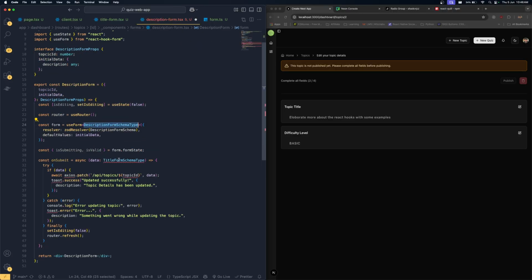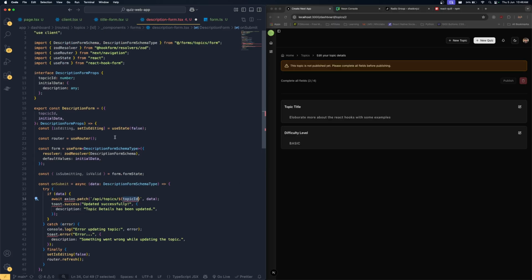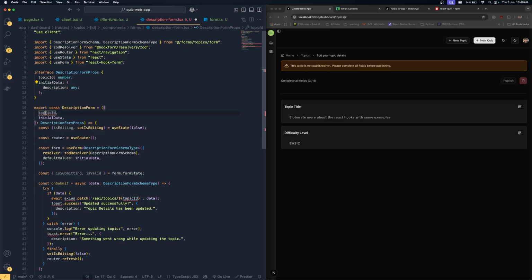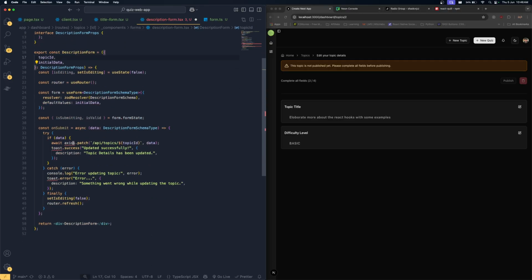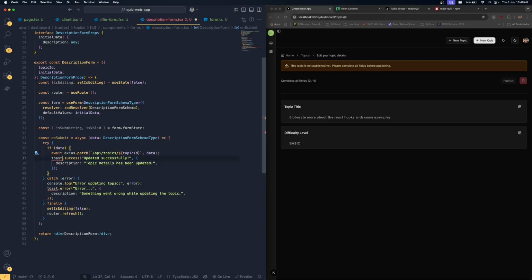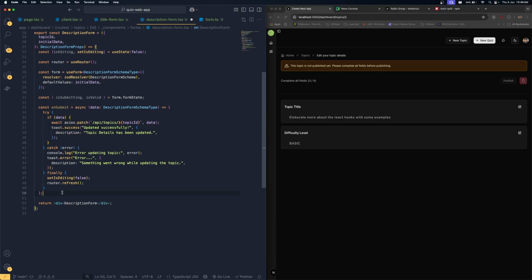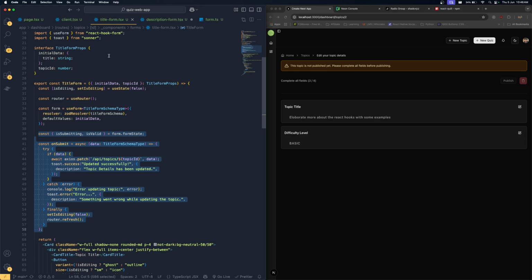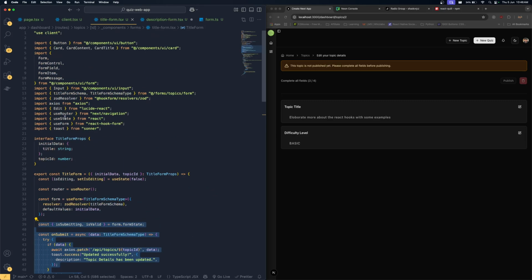Instead of this, it is supposed to be this topic ID. Oops, spelling mistakes. Topic ID, topic ID. Yep. Let us import the Axios and let us import the toast. Yeah, now that issue is being rectified. Let me get back into the here, and I have to bring these two import statements. Let me bring this cards and buttons, copy it,